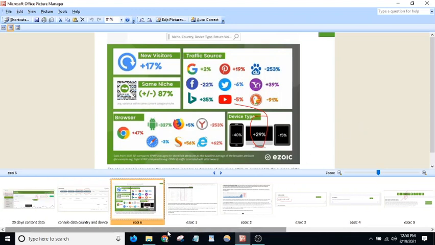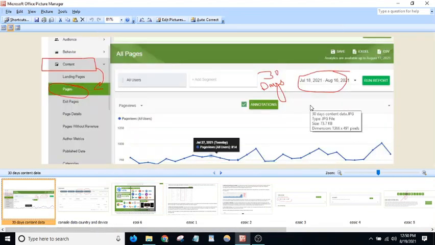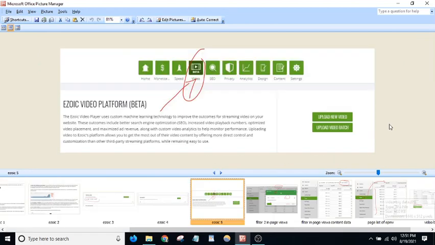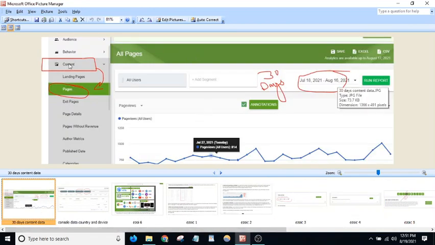So let's start. The first method you need to do is, if you have the data of 30 days and some traffic, like every day you have at least 100 visitors per day, or one article has 100 page views or 50 page views, depending on this, you need to go to the big data analytics. Here it is, analytics data. You need to go to this area. This is the big data analytics icon. You need to go there, and then click on content and pages.